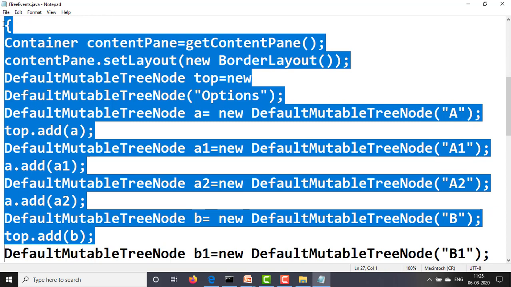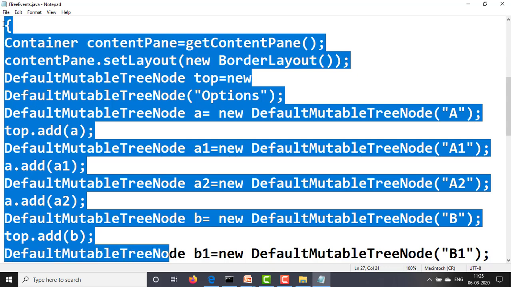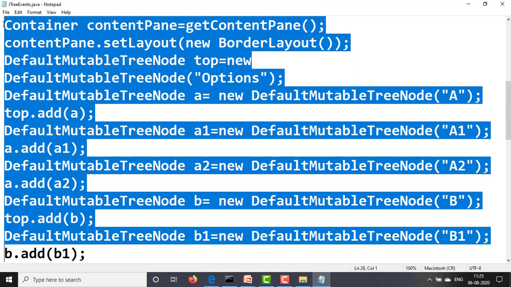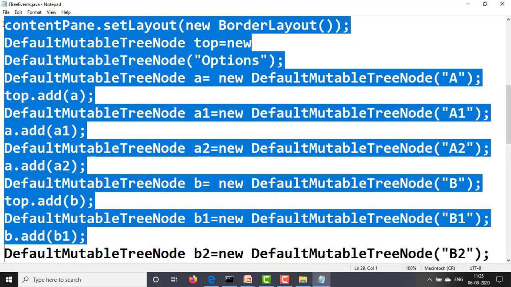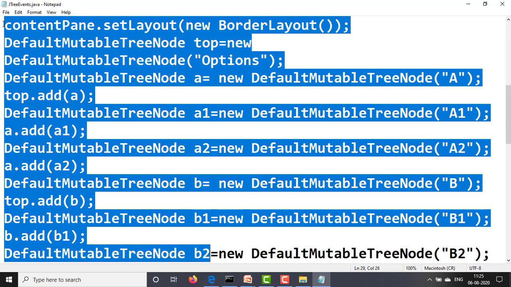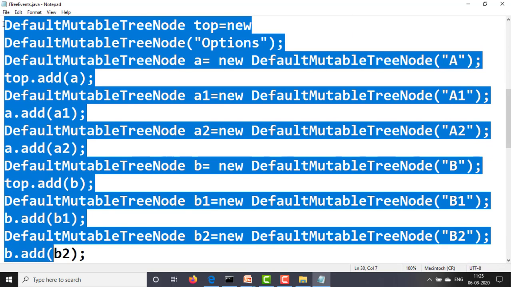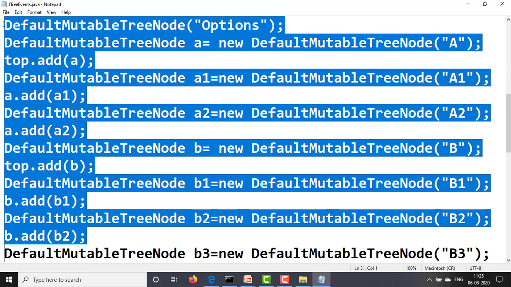Inside options we have now added the B. Next, DefaultMutableTreeNode B1 = new DefaultMutableTreeNode("B1"); B.add(B1); same way another, B2. DefaultMutableTreeNode B2 = new DefaultMutableTreeNode("B2"); B.add(B2);